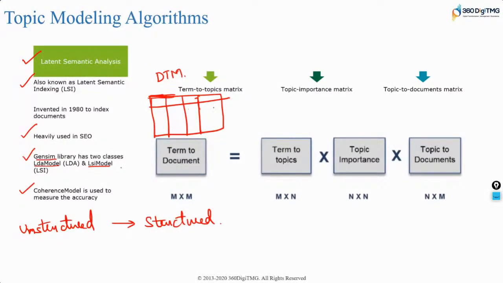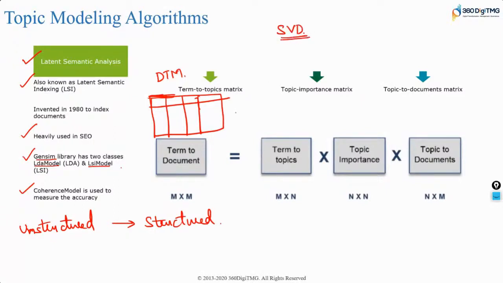It will be extremely large. Since this is going to be extremely large, we will have to decompose that into smaller components. And in order to decompose these into smaller components, we use singular value decomposition.